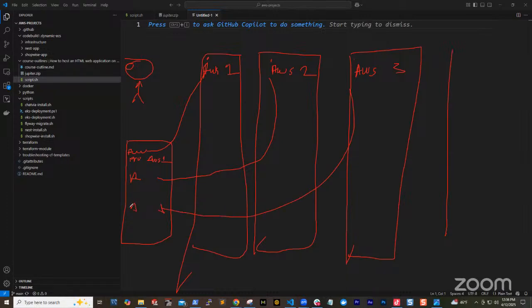Let's say you are always working in account 1. That's just your dev account, where you do a lot of your day-to-day work. You can still configure a default profile. That means by default, anytime you run a CLI command, it will always be deploying to account 1. So you can do a default.